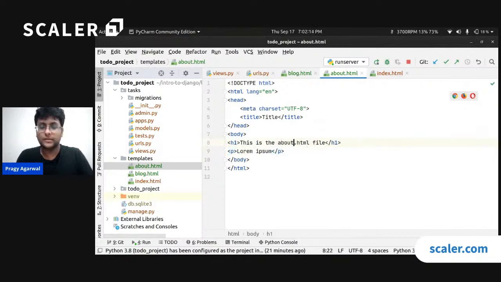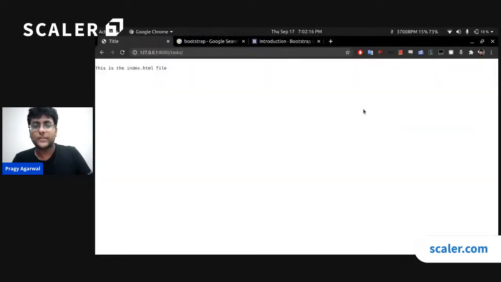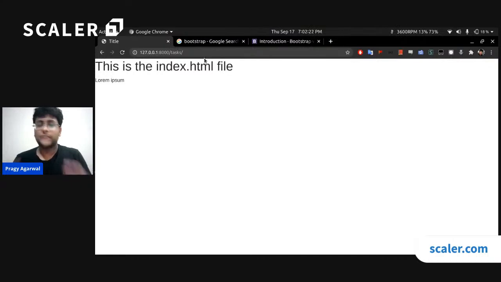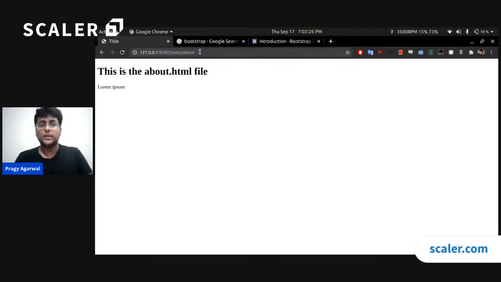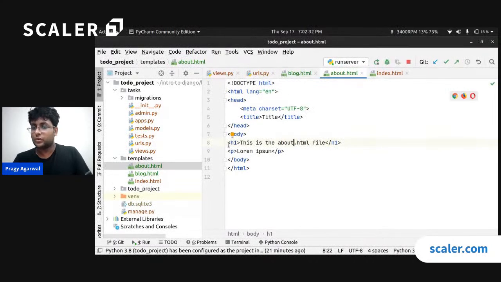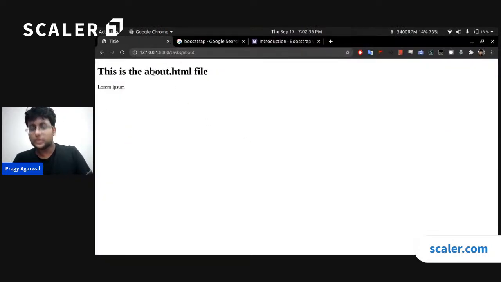So this is about.html. Now let me try to rerun this file. Let me try to load this. So task.file, the index.py, index.html looks like this. Right? And if I go to about, it looks a little different. Notice that both the files have the same content. Both of them have an h1 tag and a p tag, but the about page looks a little different from